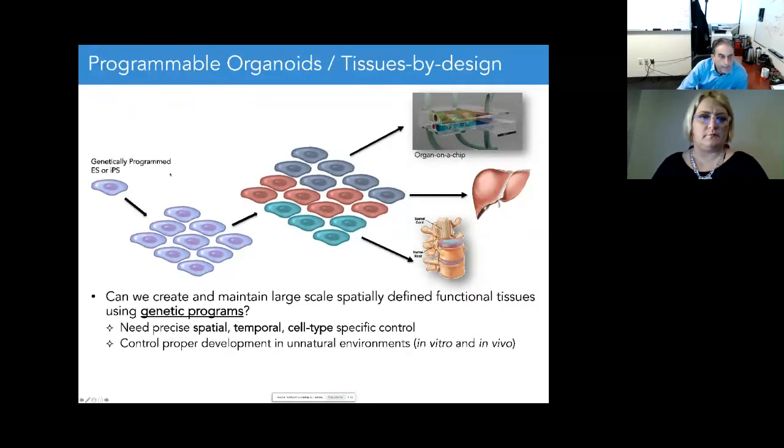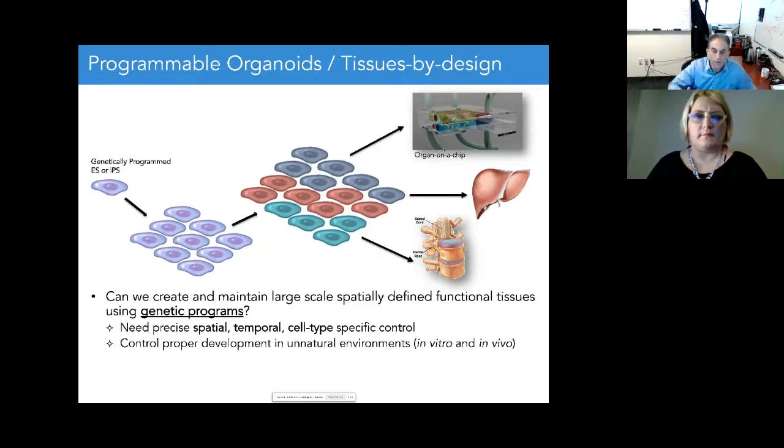And this is going to be in the context of this notion of programmable organoids. The idea is we're going to start with stem cells, and then we're going to genetically program them to proliferate and then create patterns. And then these patterns of differentiated stem cells could end up allowing us to create these organoids on a chip, or ultimately, can we create an engineered liver? Can we create mechanisms that allow us to regenerate, for example, spinal cords?